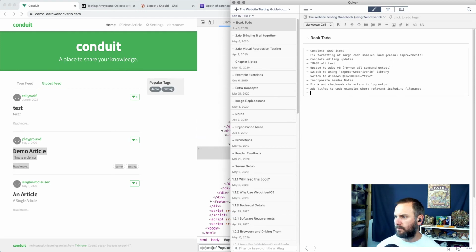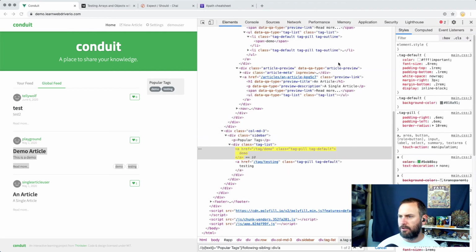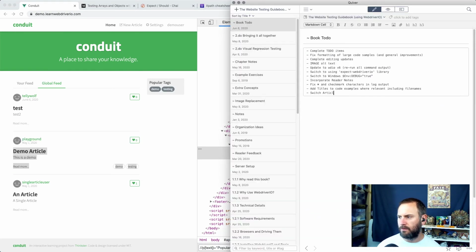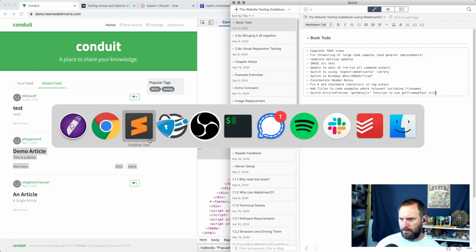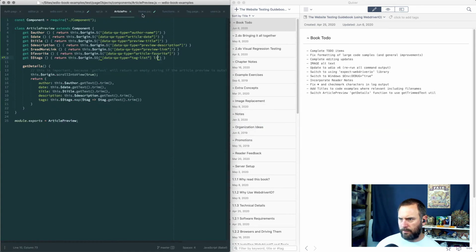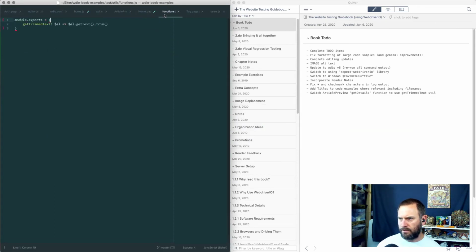Switch article preview get details function to use util. So basically I have a utility that calls get text dot trim,